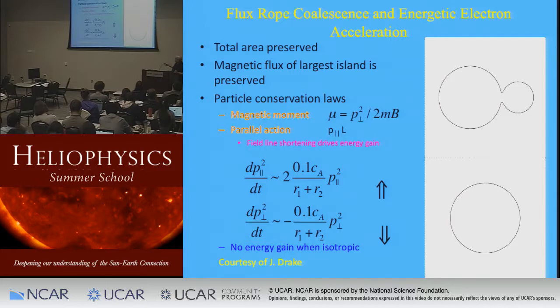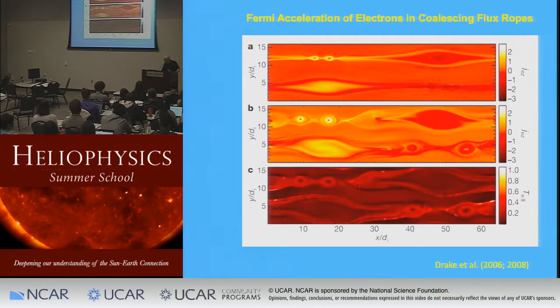And as a result of this, you continue to pump up their energies. And even at the Earth in particular, the source of all the 100 keV to actually 1 to 10 MeV electrons that we see in the Earth's tail has long been a mystery. And it's really wonderful to now be seeing at another planet, in the case of Mercury,